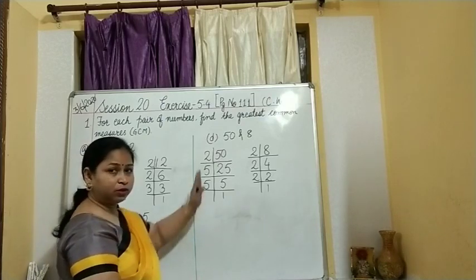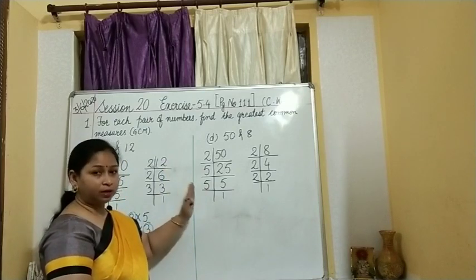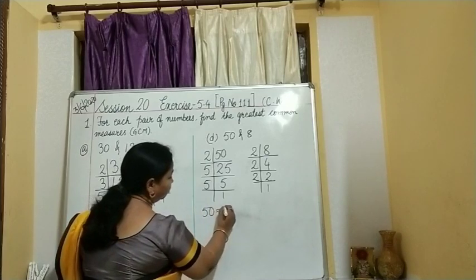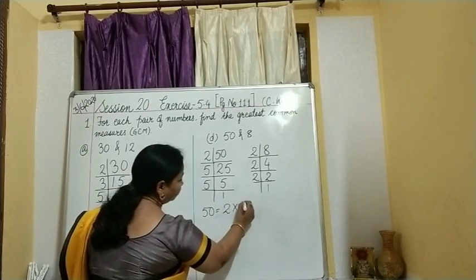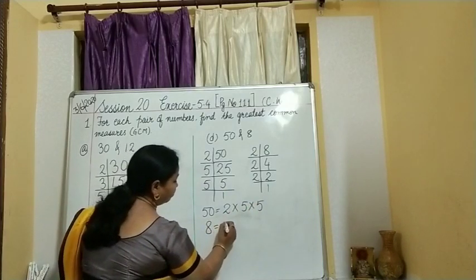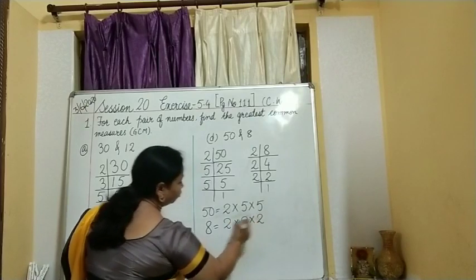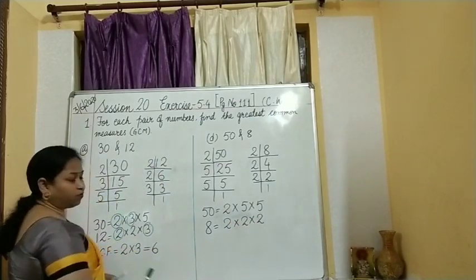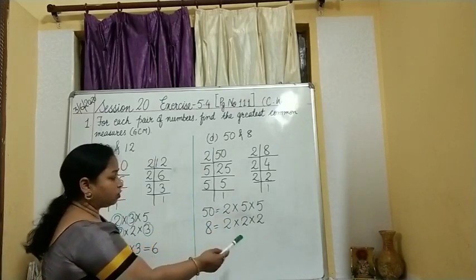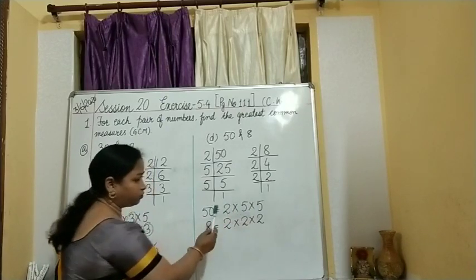So the first step is, we just solve it so that we get the prime factors. Then what we will do? We will write down all the prime factors whatever we have got. Okay. So you can see the prime factors for 50 are 2, 5, 5. So 2 multiplied 5 multiplied 5. Want to check? 2 5s are 10, 10 5s are 50. Got it?